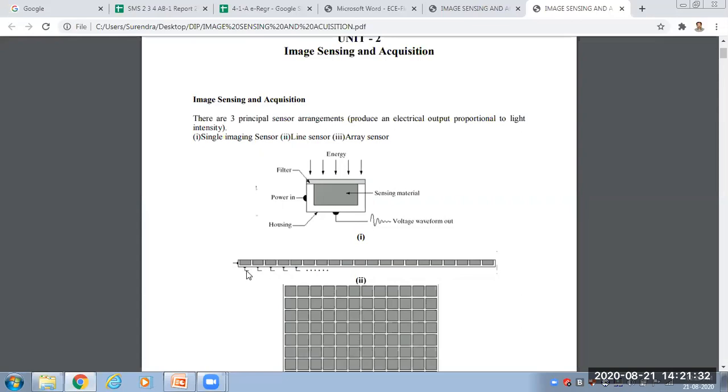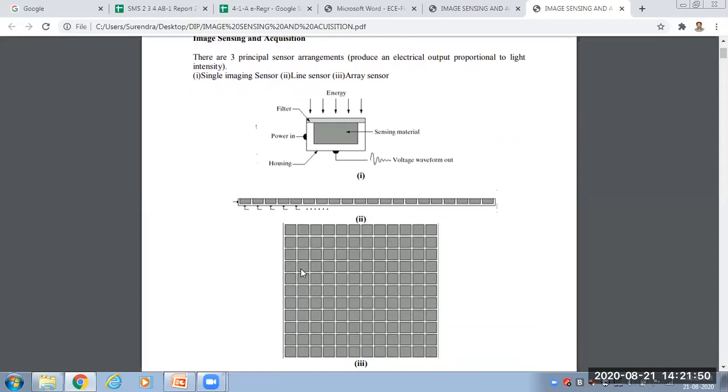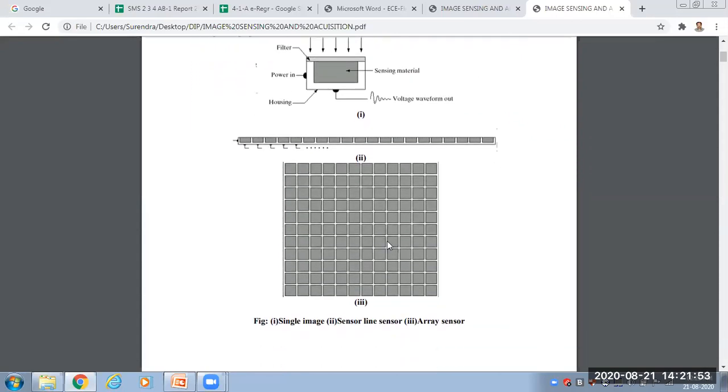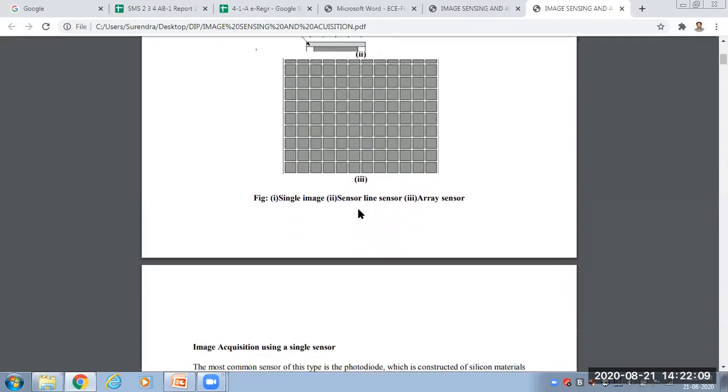So here observe, I'm showing the cursor. Clearly observe, this is the input port, input power in, and these are the output power outs. From this we are taking all our voltage signals of your sensing data, or sensing acquiring images, and not only as a line, these are the array sensors. Arrays, instead of a line. On the backside of your sensors there are output elements, from which we can sense the data. Okay, these are arrangements of sensing data.